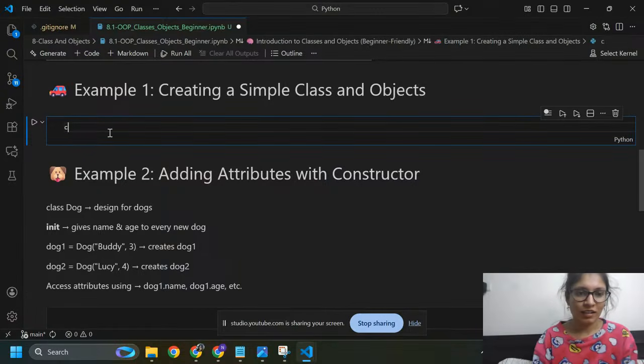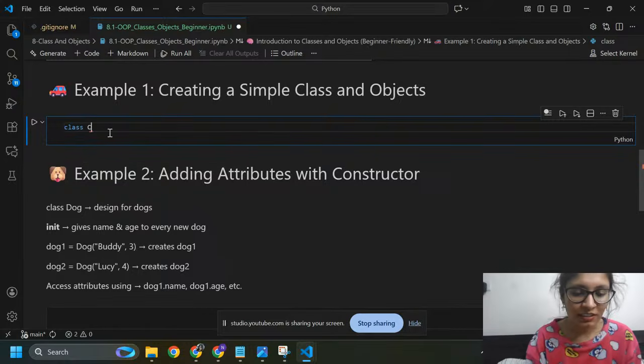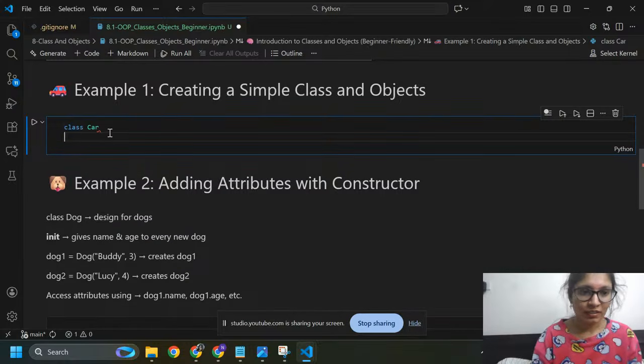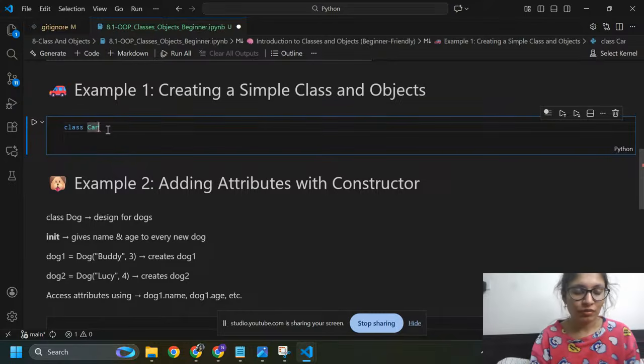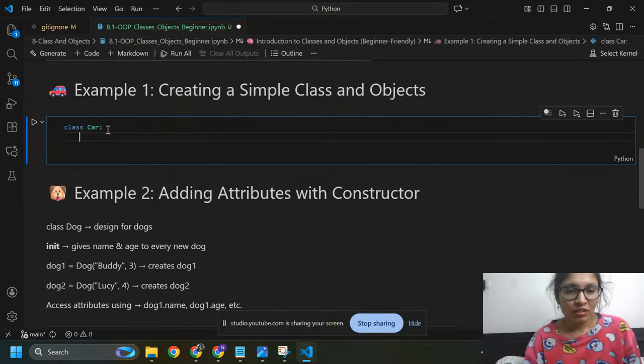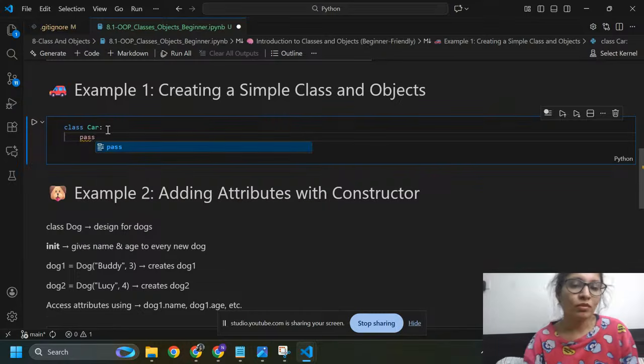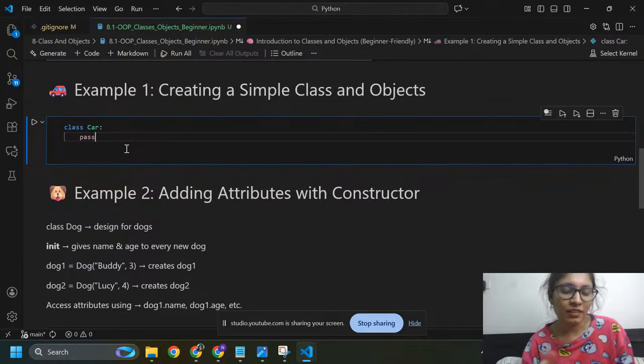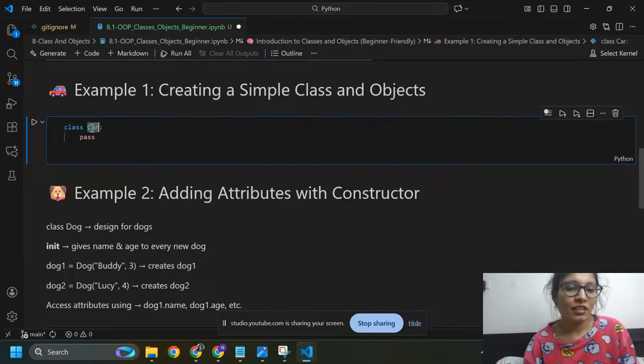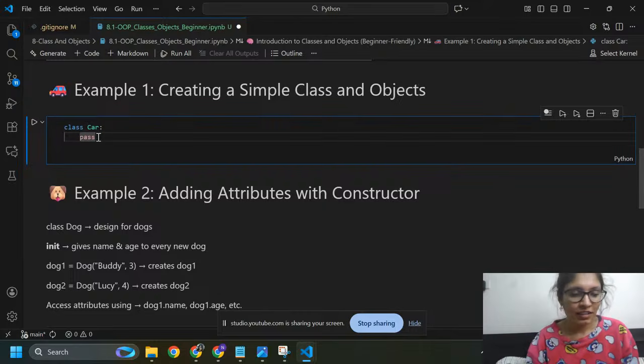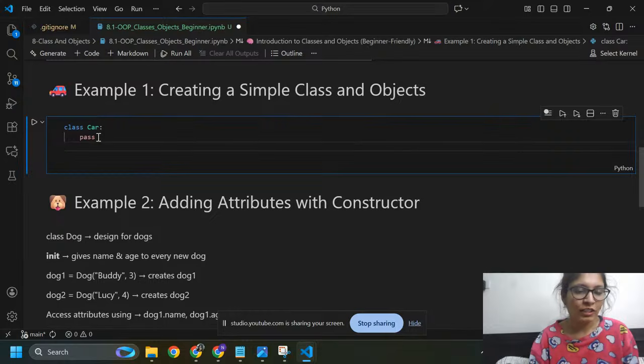Here this is the class and the name of the class is Car. After this I need to provide a colon, and then use pass. Pass means nothing. So this is the class Car. And here I'm going to create objects of this.